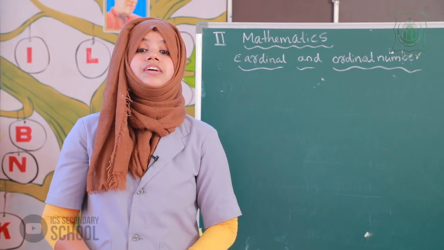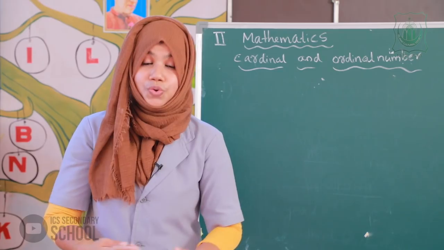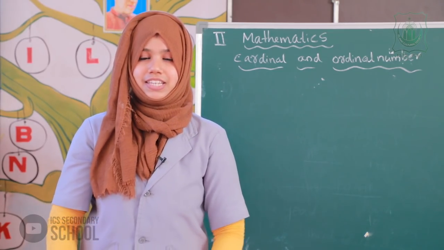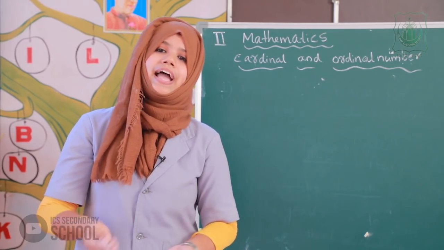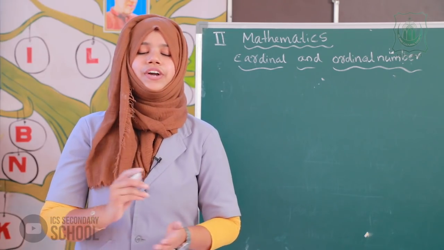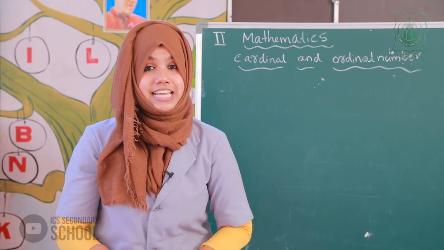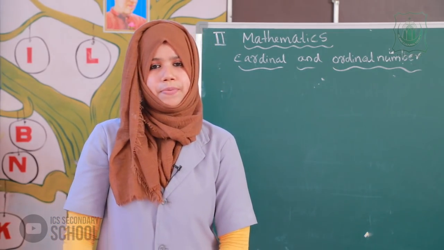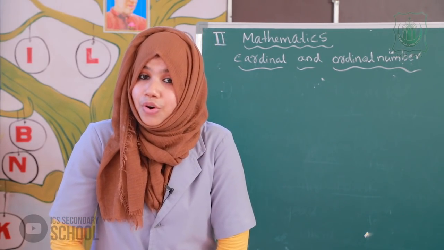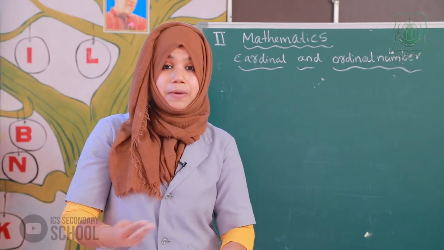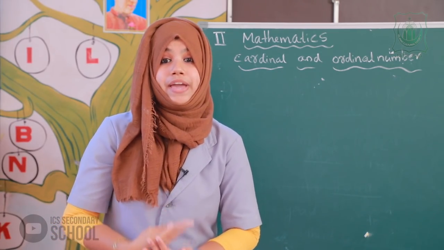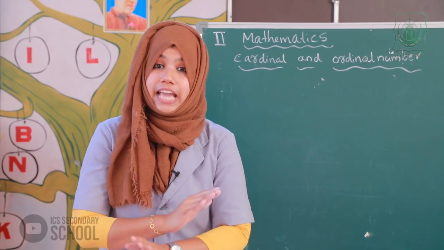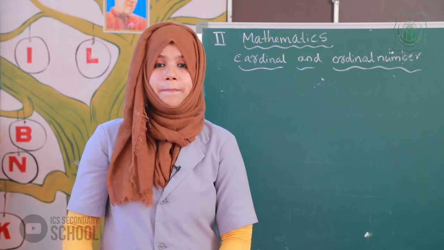Skip counting is a method used to find out the pattern. It helps to understand the patterns. Okay. And next is even and odd numbers. What is the importance of even and odd numbers? The even numbers can be made into pairs, and the odd numbers cannot be made into pairs.